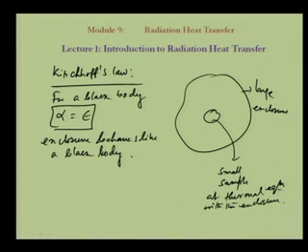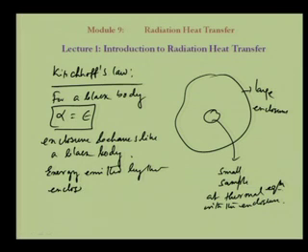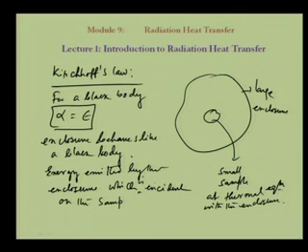So, then what happens is that the energy emitted by the enclosure, which is incident on the sample of area, say, A1,